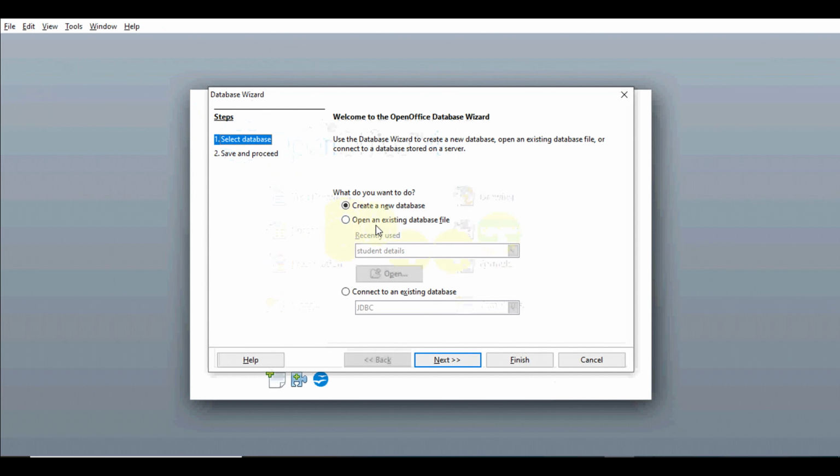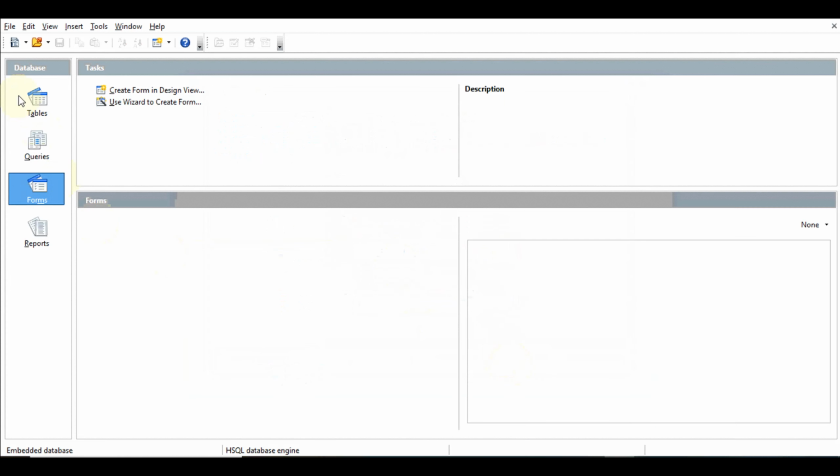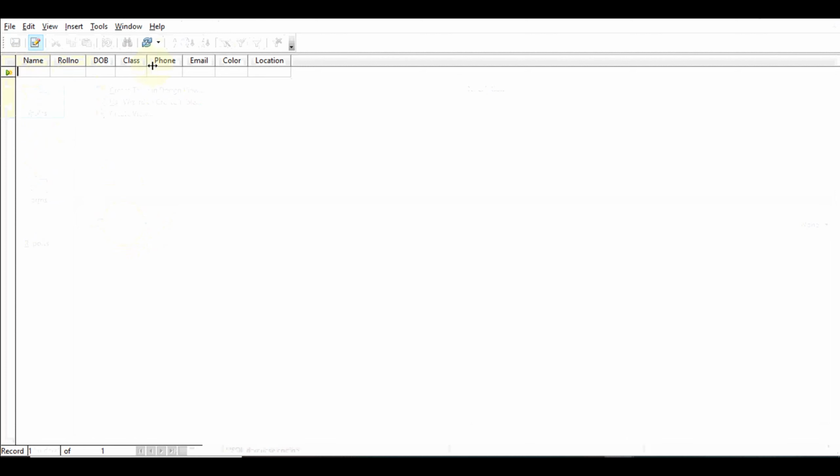And here, as I have to open an existing database, I'm selecting the second option, and the student details database I want to open is already here, so that's why I'm not going to click on this open option, and thereafter clicking on this finish. And here now you can see the student details database got opened again, and this time I'm clicking on this tables option, and you can see in the tables area I'm getting the student info table, and when I'm clicking twice on it, here you can see I am getting the table with all the fields. So in this way we can use the create command to create a table in a database.